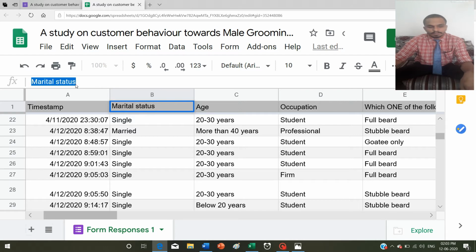I will copy, Ctrl C. Shortcuts are very beneficial in Google Spreadsheet, MS Excel, PowerPoint, or Word. Ctrl C copy, Ctrl V paste, and Ctrl X cut. I will repeat: Ctrl C copy, Ctrl V paste, and Ctrl X cut. So I will just copy marital status, and first of all we have